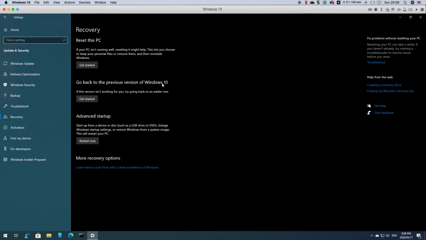Go back to a previous version. I haven't tried this yet, but basically this is telling you that if you don't like what you have here, you can go back. And then obviously advanced startup is you can then boot from an ISO or a USB disk, or you can try system restore, but system restore is not enabled. You've got to enable it, and that's in one of my other videos. So if you want to learn more, you can click on the link, it'll take you